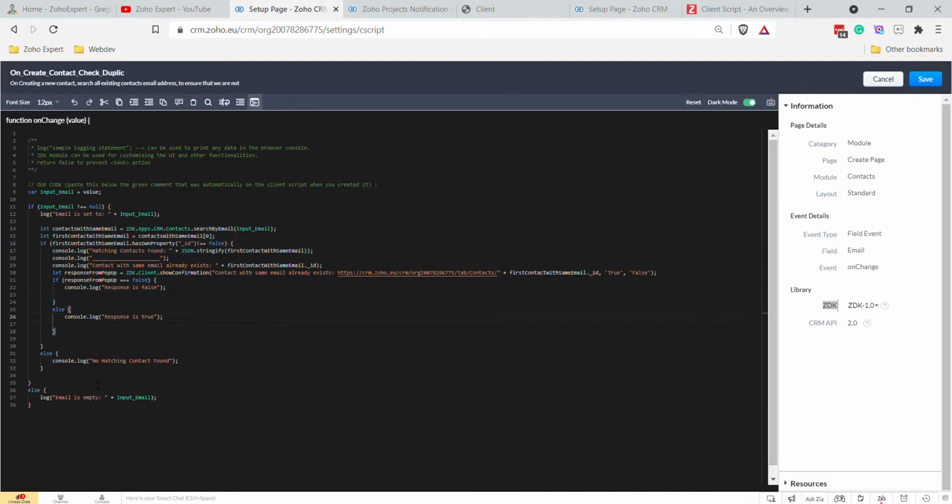All right, and now if it doesn't find anybody who's matching, then it just logs out to the console but does nothing else. It doesn't show any pop-ups or anything. And finally, if the email is empty, it just says the email is empty. This is redundant, but I put it in here because when I was first coding this, I wanted to check that I was actually accessing the email variable. Anyway, once you've got this code in, and you've updated your org number, so you see the org number is also shown up here, so you can just copy this from here and paste it in here. Then you click save,